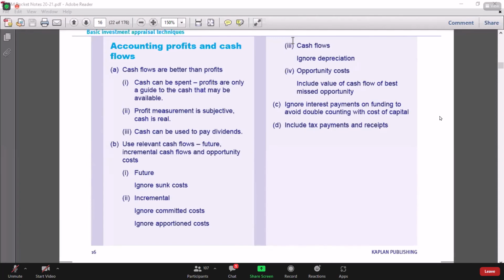Any other queries? So I think we can end the session. That's it for today. On Monday, we'll be focusing on the remaining investment appraisal. We'll discuss the investment appraisal techniques. Okay. So have a good day. We'll meet on Monday.